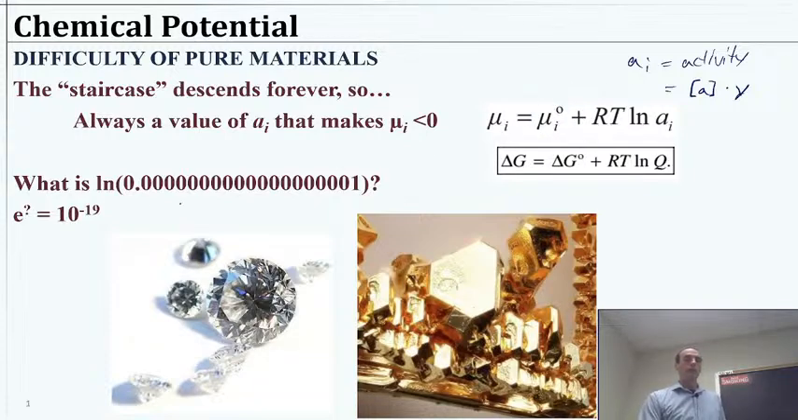turns out to be, so if you do the natural log of 0.0000, lots of zeros, and 1, you could be saying e to the what equals 10 to the minus 19th. Well, eventually this entire term can be so small that the right side of it makes this a negative value in total. The way this is relevant is if you have something that's very